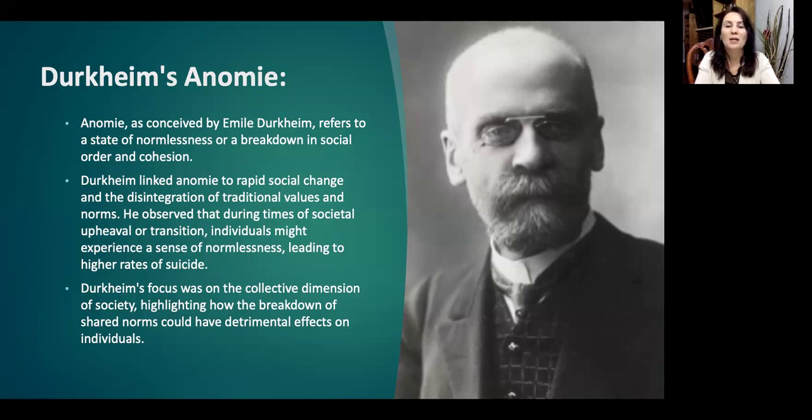So they may commit suicide. So that's what anomie is about. Anomie is about that state of normlessness or a breakdown in social order and cohesion. So Durkheim's main focus was actually the collective dimension of society, highlighting how the breakdown of shared norms could have detrimental